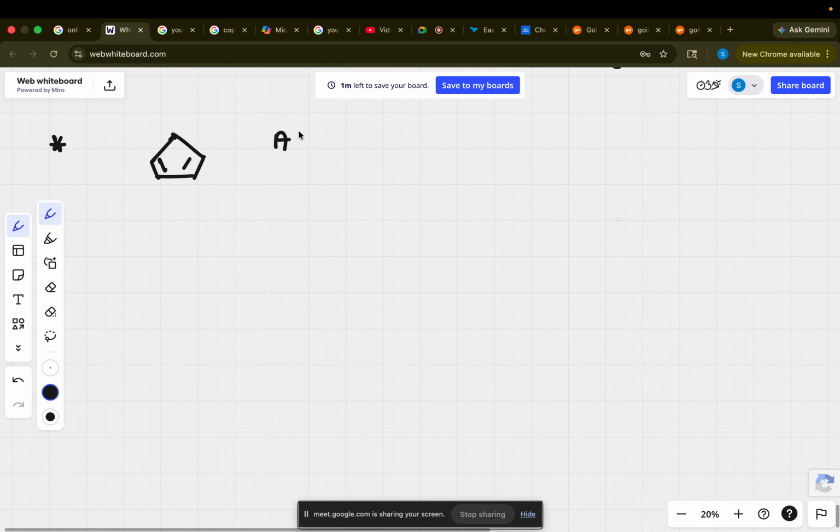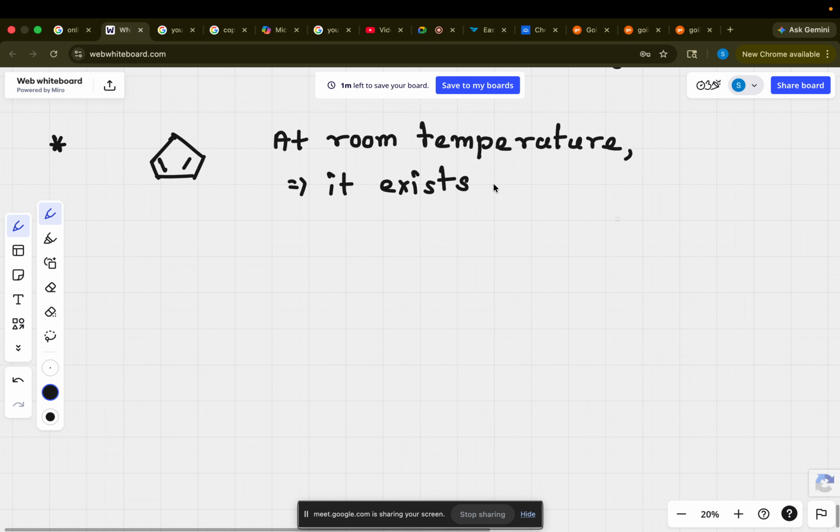So write down one line: at room temperature, it exists as a dimer. So how is the dimer forming? Suppose you have